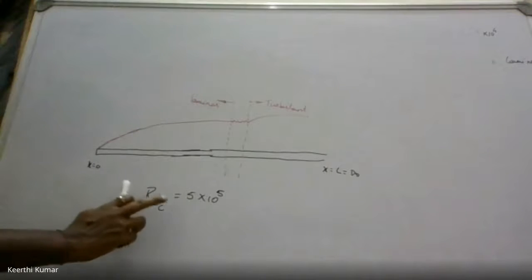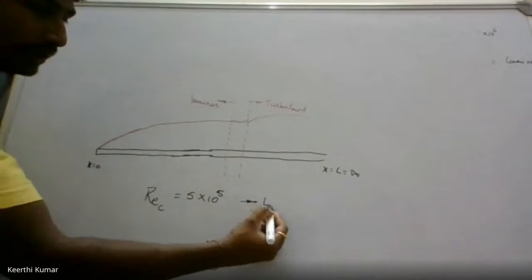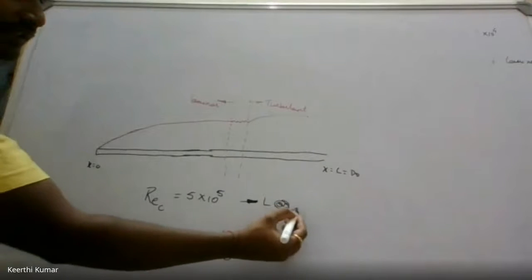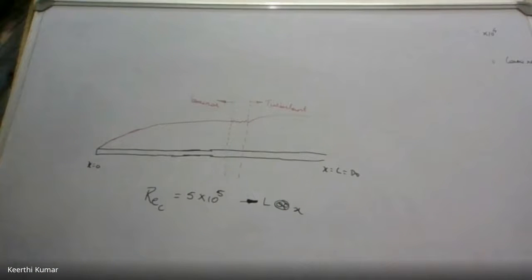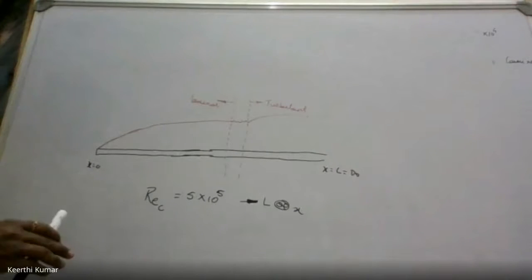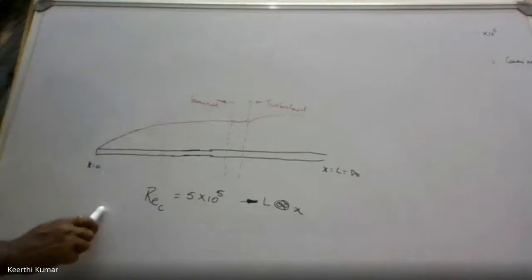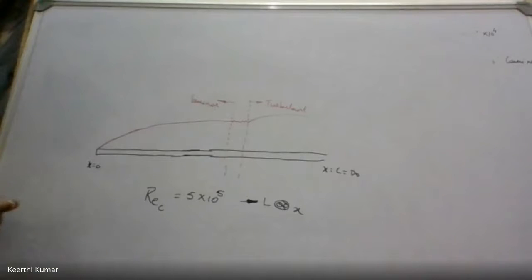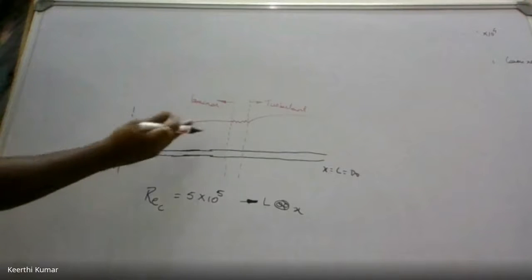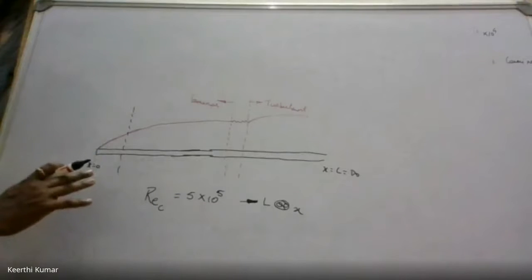Is it clear? And this Reynolds number depends upon what? The Reynolds number depends upon the length of the plate, the value of X or the value of L. So if we ask you to find out at a distance of X equal to 0.5, what will we do? We will put one line here and find out the Reynolds number. Definitely, if X is equal to 0.5, we are well below the region of critical Reynolds number, in the region of laminar flow. So we will get a laminar flow.